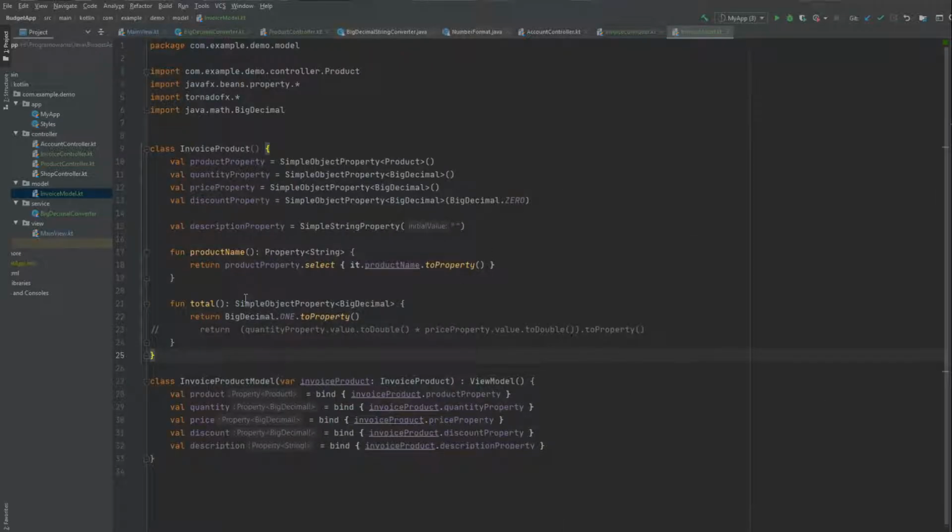Invoice model will store the data that will be pushed into the model on the right side of the GUI. So it will store data about the product, quantity, price, discount, and description. And it has a product model and invoice product. So this invoice product model just stores the model product. It wraps model product, I mean invoice product. And